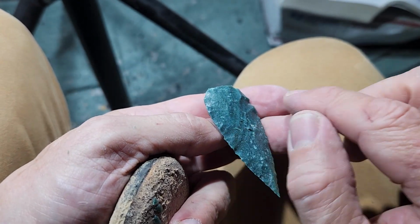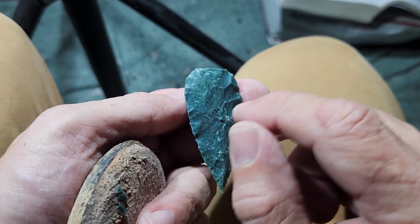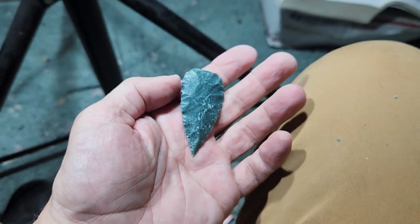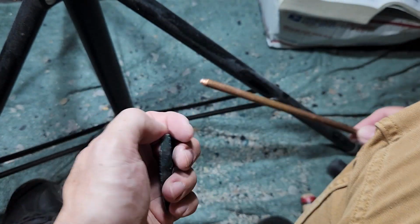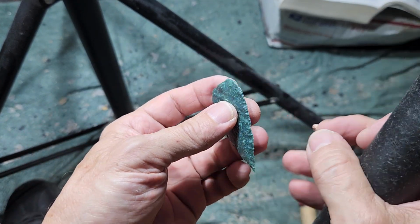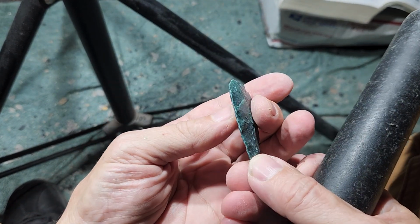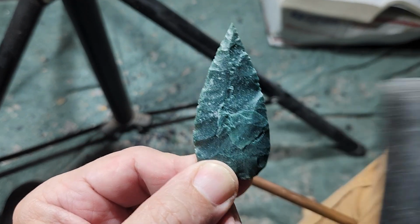Seriously, they just picked all the flakes off with the spatula tool, it looks like, and got a bunch of step fractures they kept pushing on over and over. And the only way to fix that is with big bold flakes. And obviously they couldn't do it, or they would have done it. They were only able to do pressure flaking. So when I got a hold of it, I removed big bold flakes like that. And then